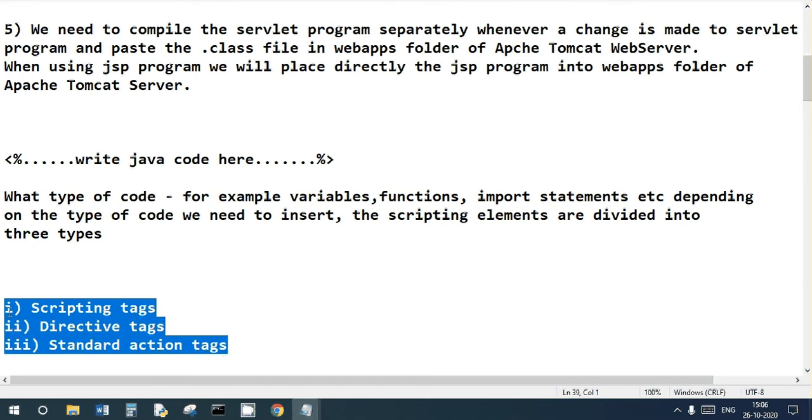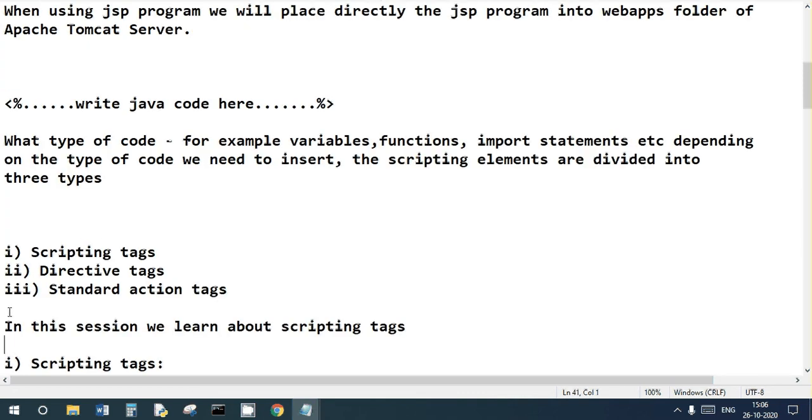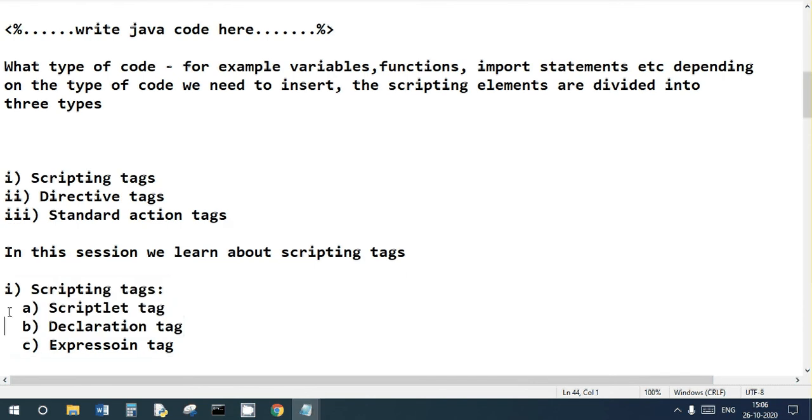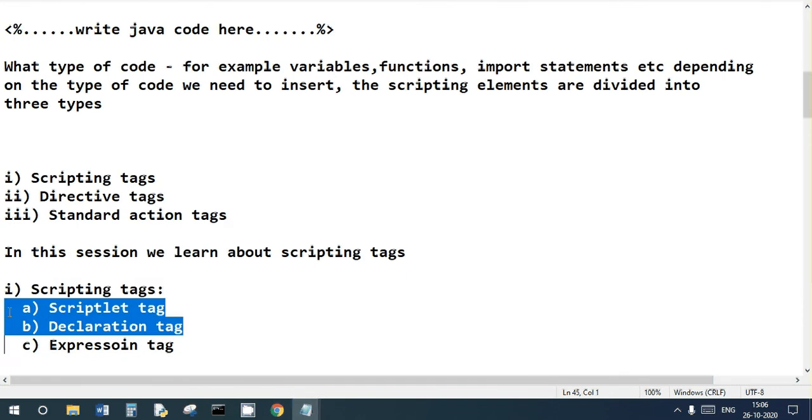In this tutorial we will learn only about scripting tags. Scripting tags are again divided into three parts: the scriptlet tag, the declaration tag, and the expression tag.